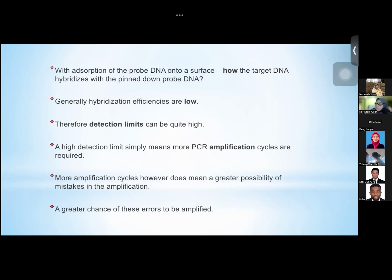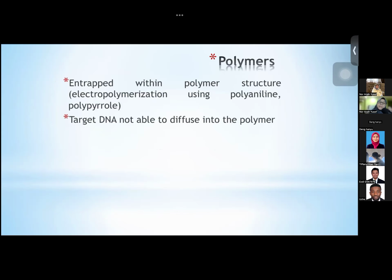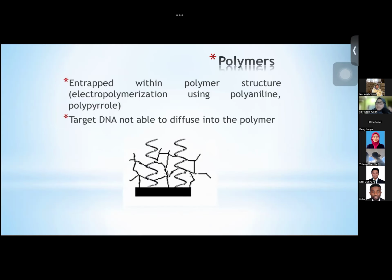So these are the issues with adsorption. If hybridization efficiencies are low, then the detection limit is not good, so there is a greater chance of errors. So for DNA, for example, or antibody, this is not a preferred technique. So the second one is polymers. Here we can use polymer to hold or to attach the bioreceptors or chemical receptors. Again, in this case, this is the common